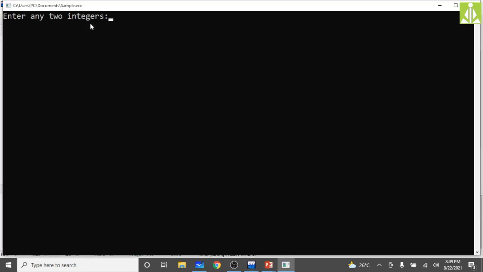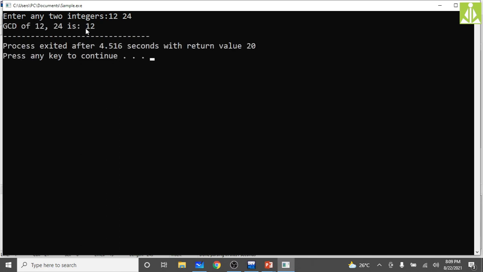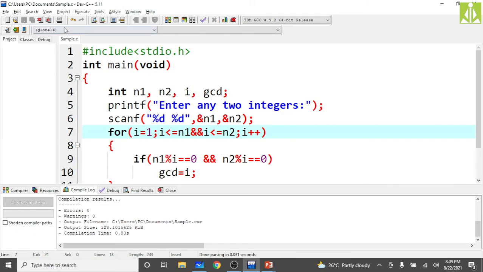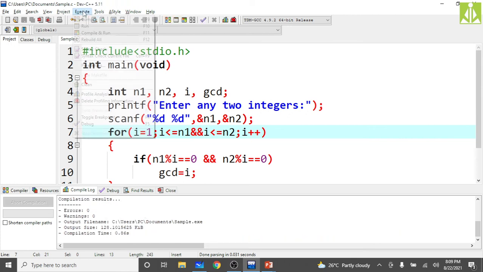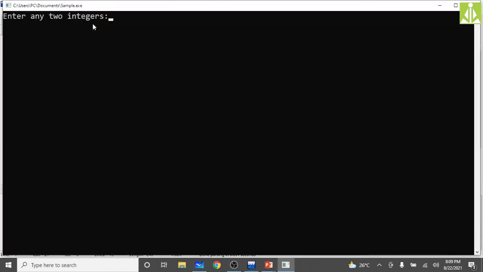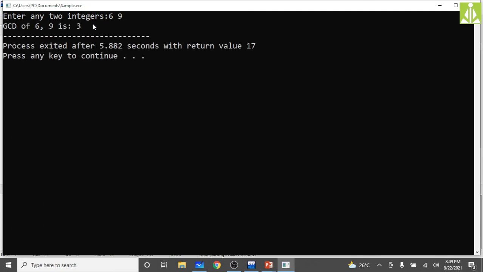The maximum number which will divide 12 and 24 is 12 only, isn't it? Likewise, if you take 6 and 9, what is the maximum number which can divide 6 and 9? I guess 3. Okay, it's 3.